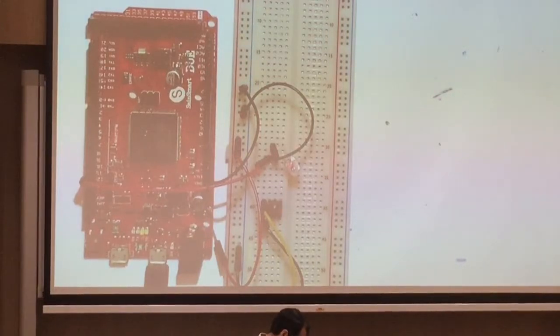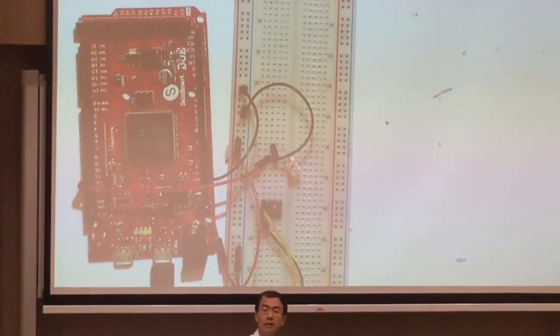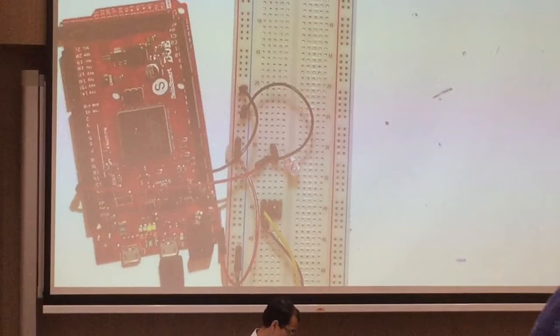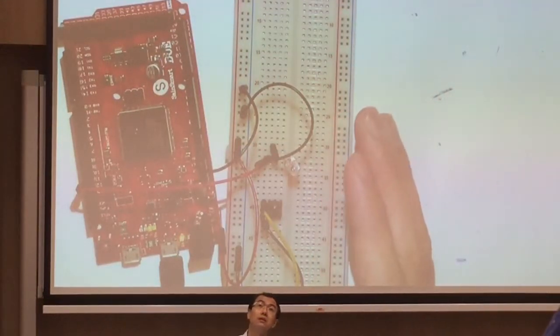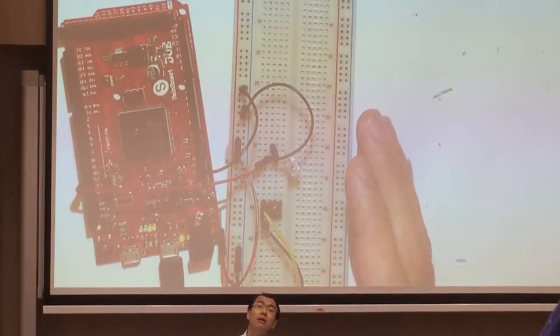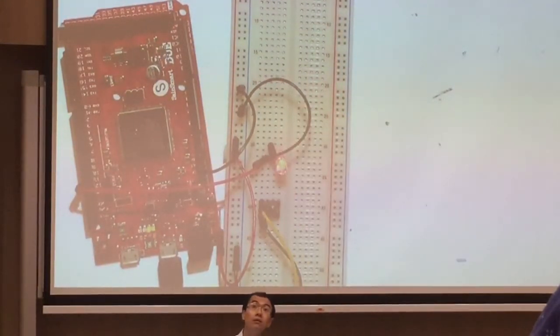Now, let's say I change to 250 microseconds. So the duty cycle is 25%. Now you will see the difference in the light intensity. Now this is 25%. If I change to 50% duty cycle,